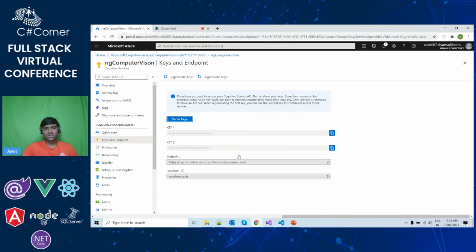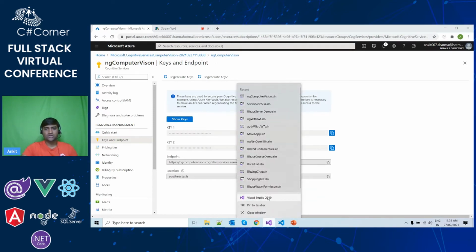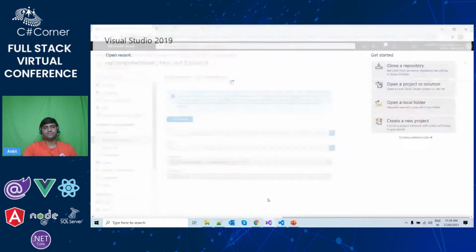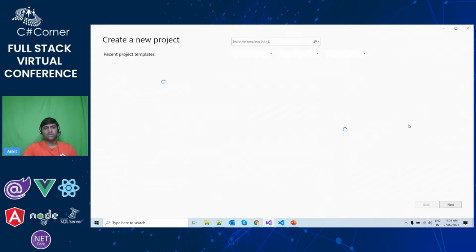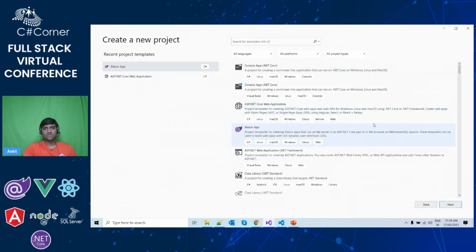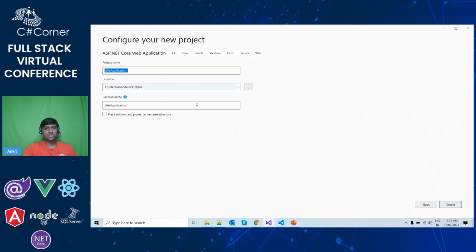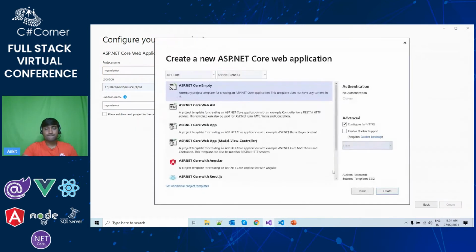So just before that, we'll open our Visual Studio. On Visual Studio, click on create a new project. Click on ASP.NET Core Web Application, then click on next, and then give the name as ngcv demo. You can give any name and click on create.